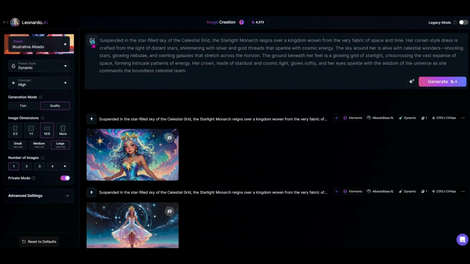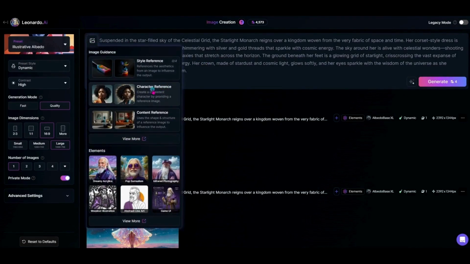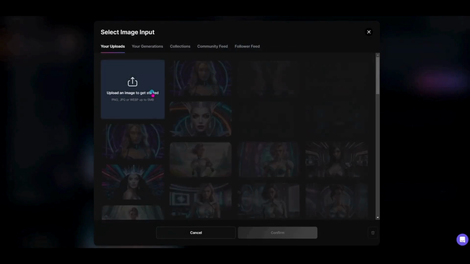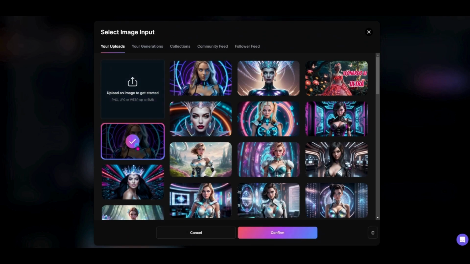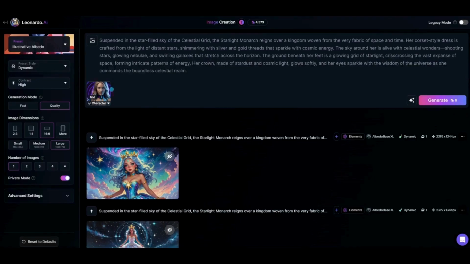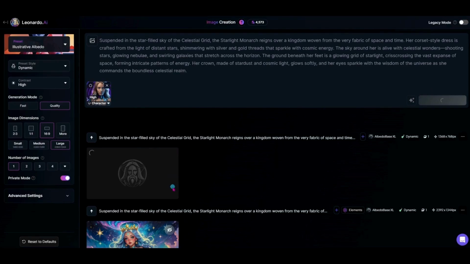But if I come in up here to the image and I go to character reference, I can choose the character that I want to use. So for the video that we just did, I used this character and I did set it on high. And I do want this to be quality, so I'm going to hit quality here. And we should see a similar image to what we've been getting, but with her as the main